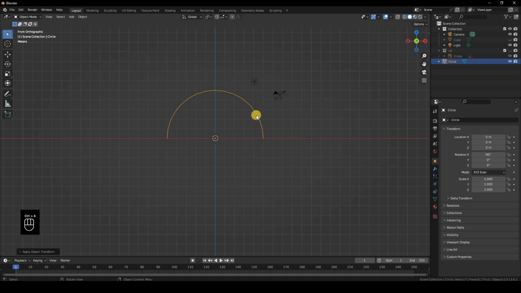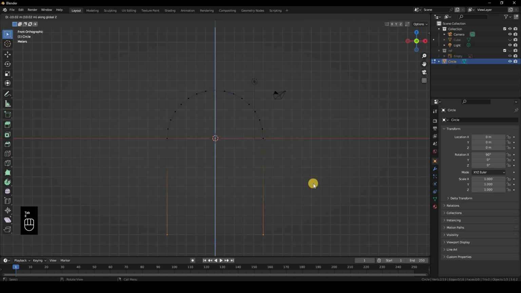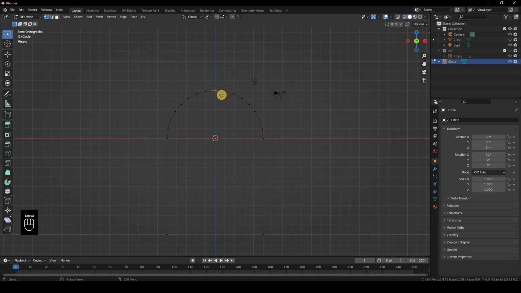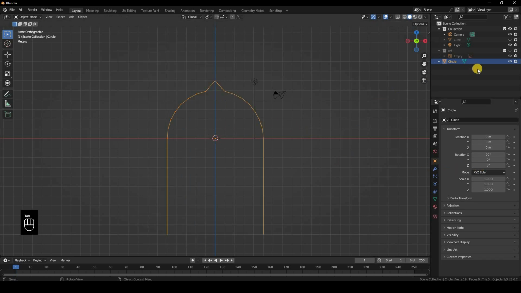Now if you are going with just modeling the upper part and then you want to add the lower part with a different design, then you don't have to do this step, E Z, X, and I think about here is good enough. So you can just skip this one step if you're just making the upper part. You can also, if you want to give it a bit more design, make something like this, or if you want to make more designs, you can delete these vertices and then add in the decimate modifier, but I'll just skip that for now. The second thing we need to do is